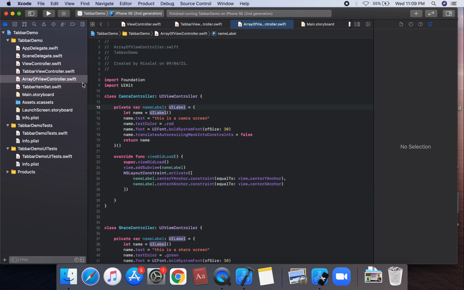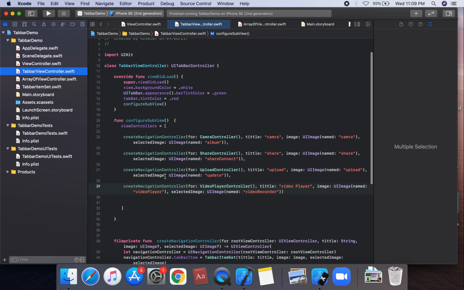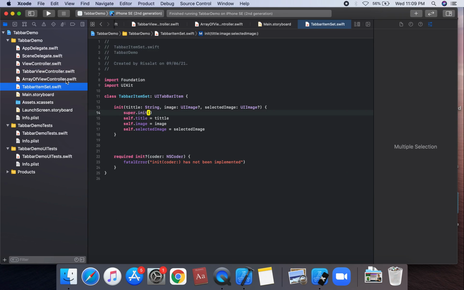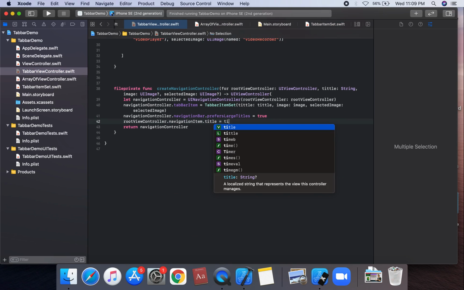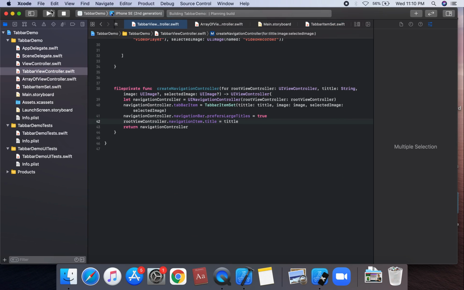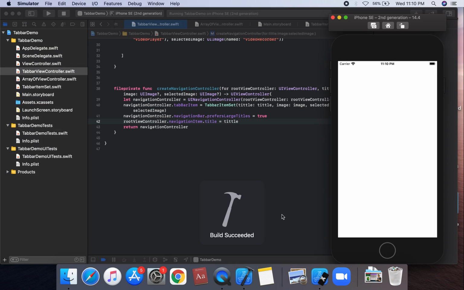Okay, and now we're going to set the tab bar titles. We're going to check the tab bar array of controllers and set the titles.